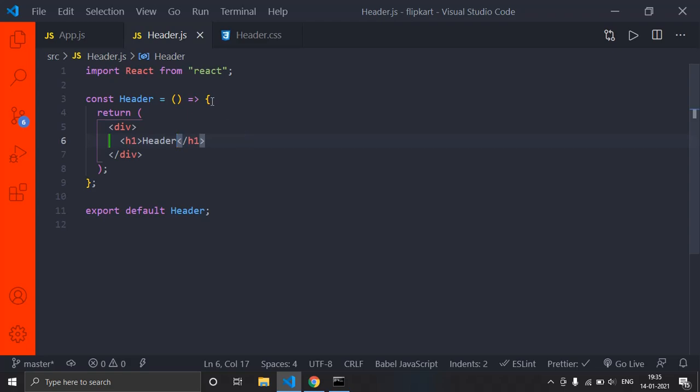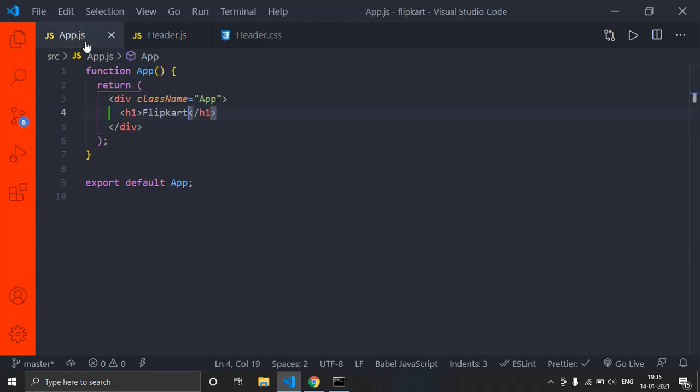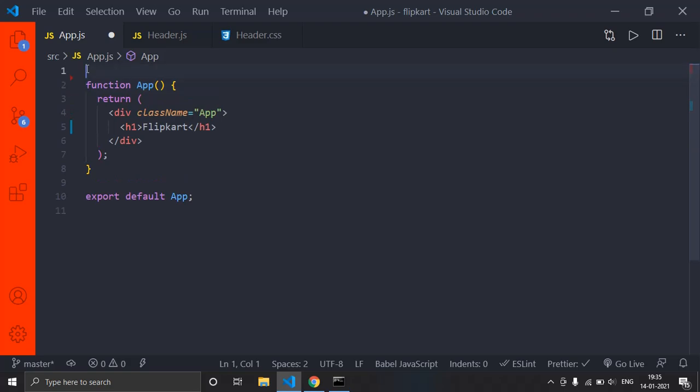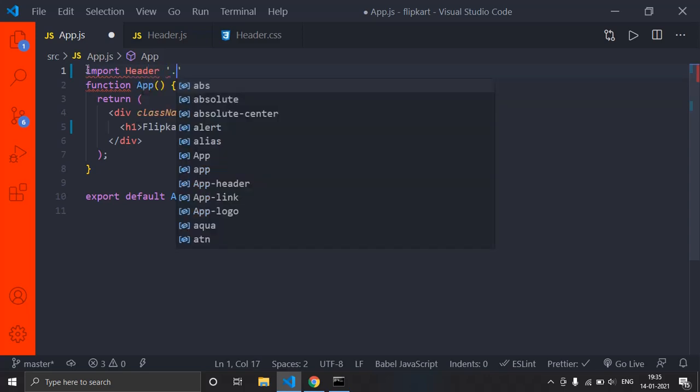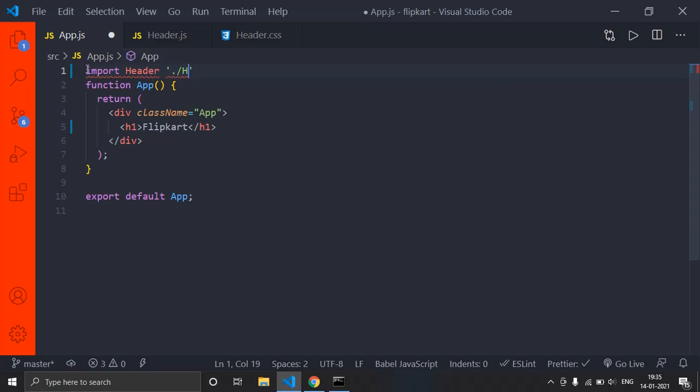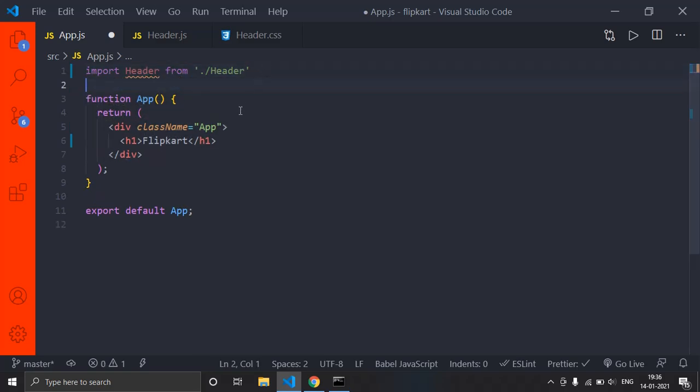But in order to use it, I have to import, right? So I'll just go to app.js and I will import that header over here. As app is the starting component of our React app, I'll import that by saying import and our file name, that is header, right? So header from /header. As both our files are in one folder, that is the src folder, we use dot slash, and the name is header, right? So import header from dot slash header, and I successfully imported that.